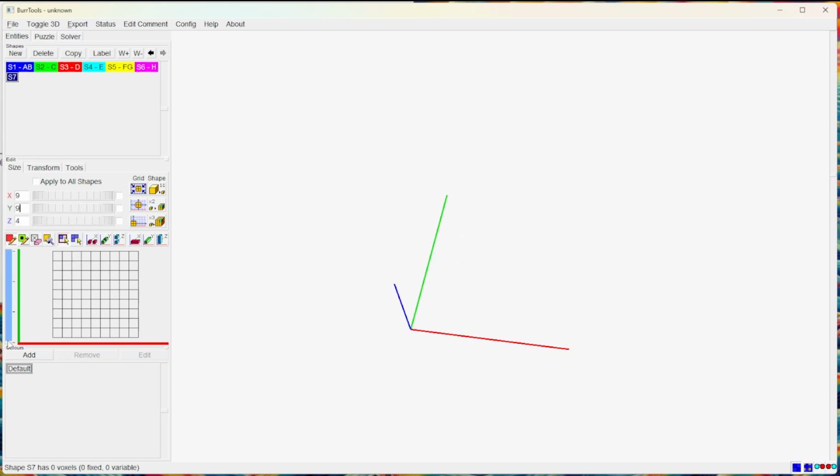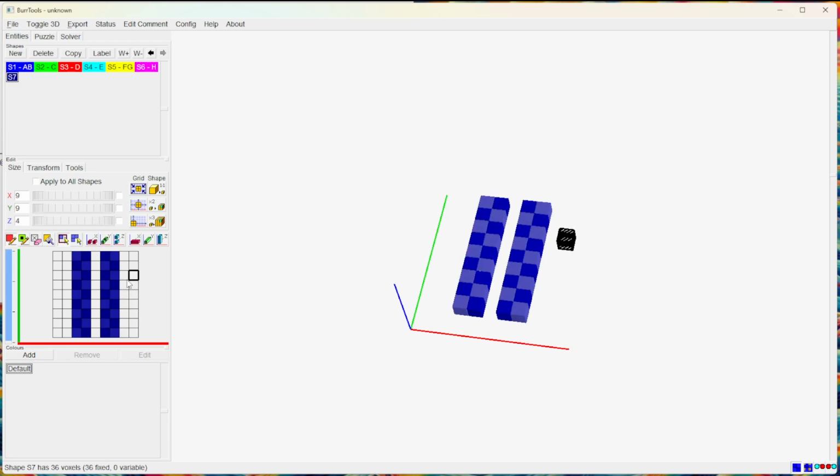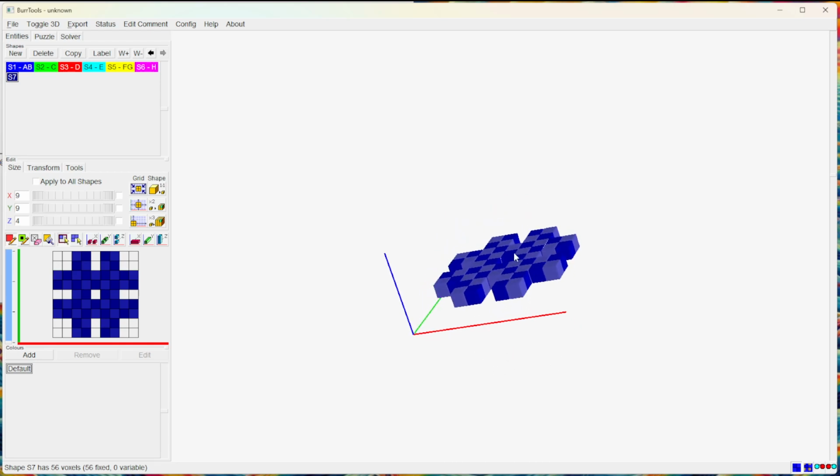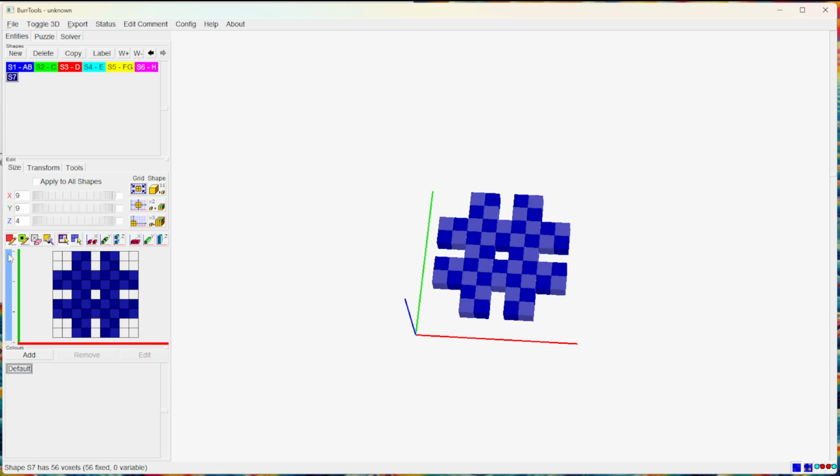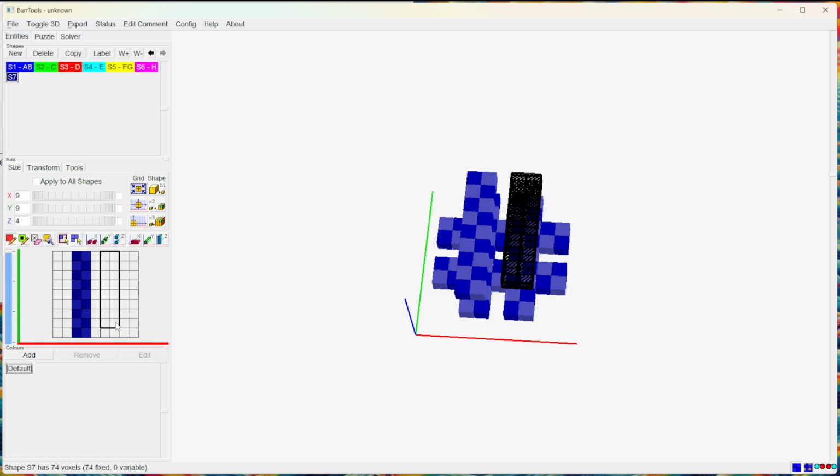So now that I'm 4 units tall, I actually have 4 notches on the left here. These are the different layers of the puzzle. So I'm going to use what I know about this. It looks a little like that, a little like that, that. Whoa, that didn't stay. That and that. And we can see that I'm starting to build the bottom layer. I'll zip up to the top. Same thing. That, that, that,